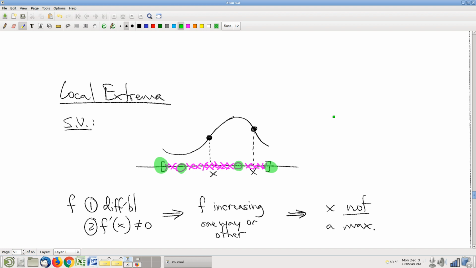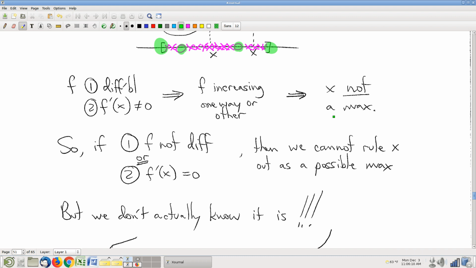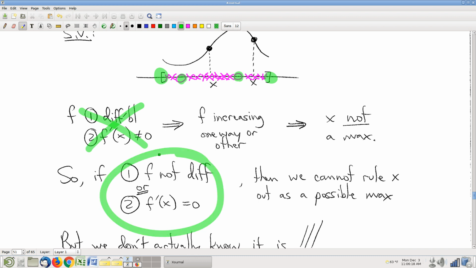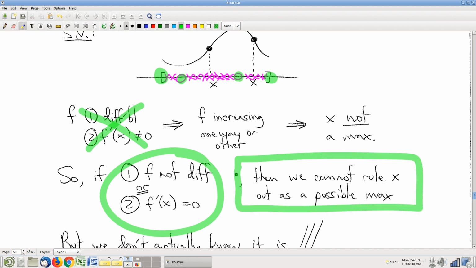So this is the active part of optimization. It's kind of the part we don't care about, I suppose, because we're looking for the maxes, not the non-maxes. But the point is, this is something we can draw confident conclusions from. When you turn this around, it doesn't work. If either the function failed to be differentiable or the derivative failed to be non-zero, you don't get a conclusion that it is a maximum. What you get is, my strategy failed. I don't know how to deal with this. So the confident conclusion, what you really know, is when you don't have a max. If you apply your formulas, whatever your system is, and it fails,